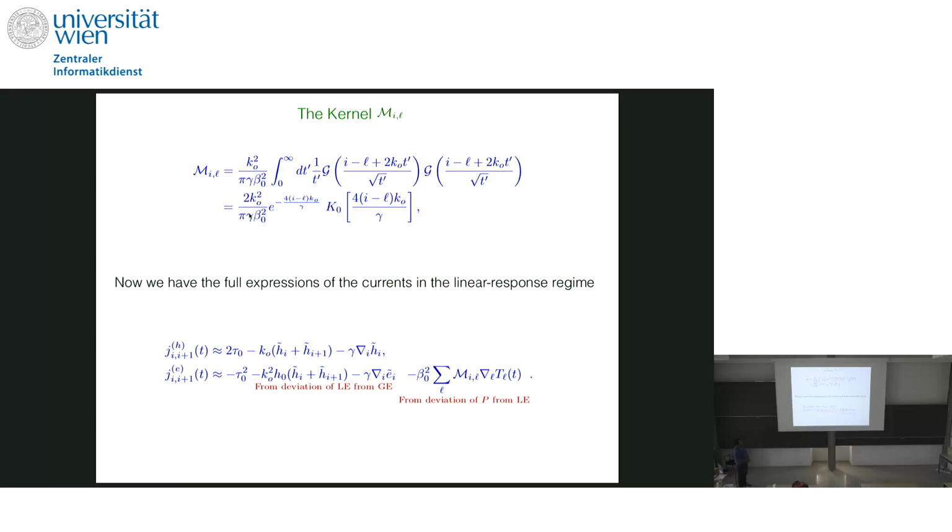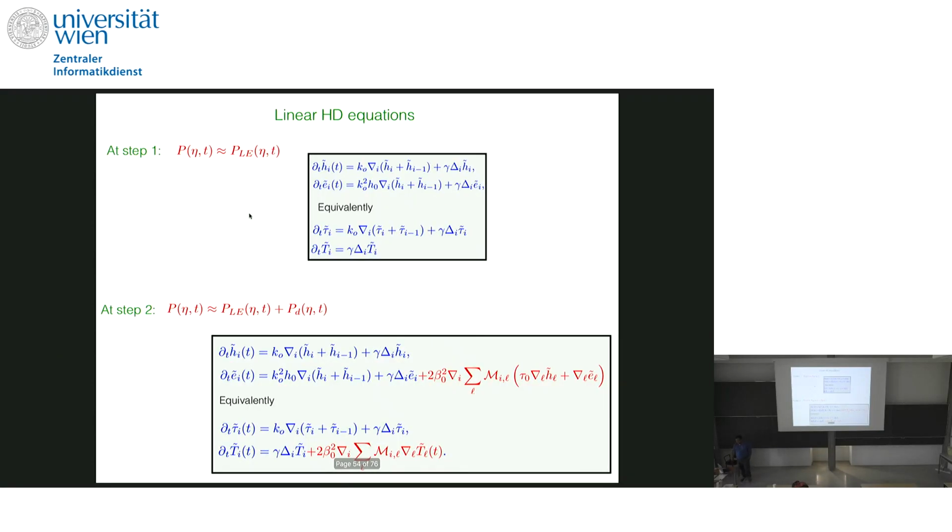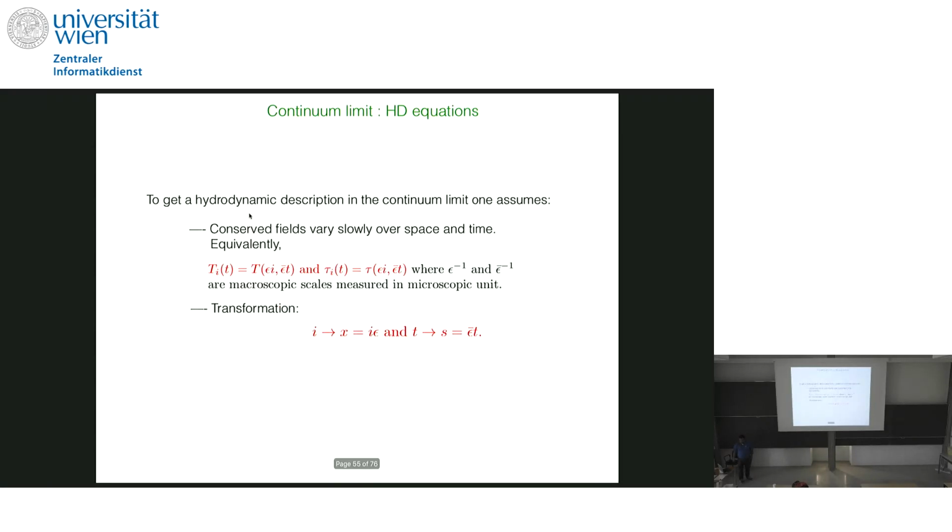So now we have explicitly all the terms, so we know these currents explicitly. We get these hydrodynamic equations, these non-local equations. Okay, I am calling those equations hydrodynamics, but usually the hydrodynamic equations are presented in continuous variables, so I need to take the continuum limit. Remember that I started with the situation in which you have a state that is characterized by average fields which are slowly varying over space and also evolving slowly over time.